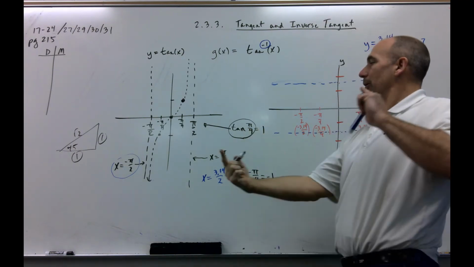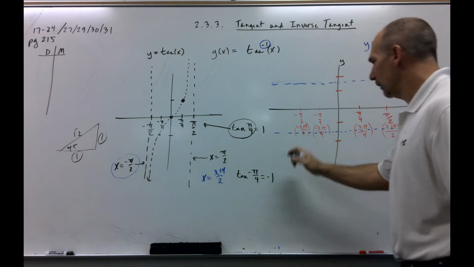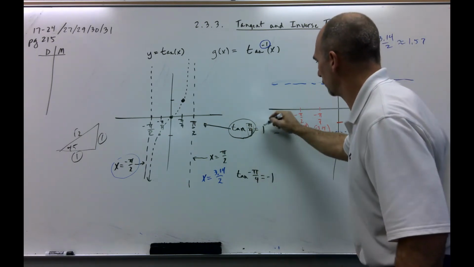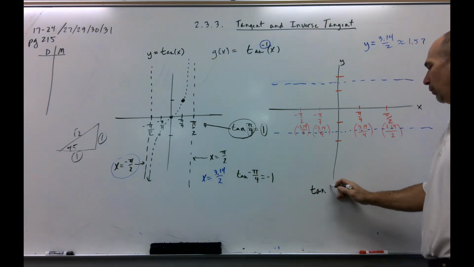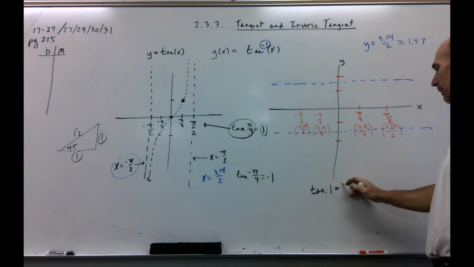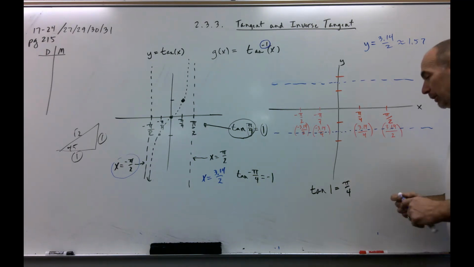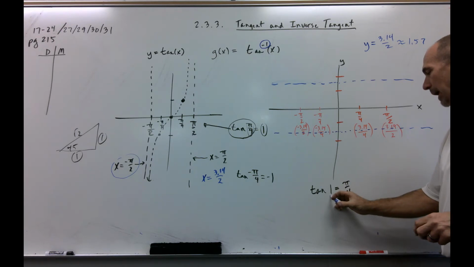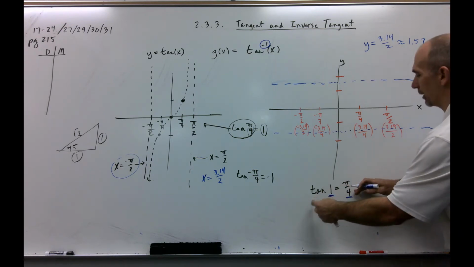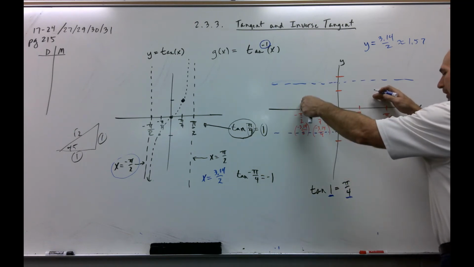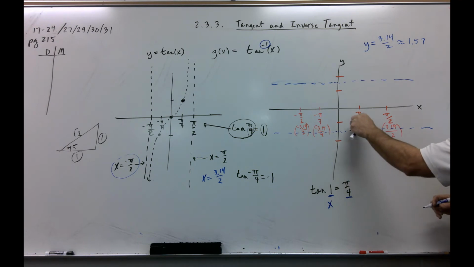But we're going to turn those around, and now we're going to say, all right, switch this with this, and we're going to say, all right, tangent of 1 is going to have to be pi over 4. Now we're going to switch these around. This is my new x, this is my new y, but we have to kind of convert it so it fits into here. So that means if I go right 1, which remember, pi over 4 is the same thing